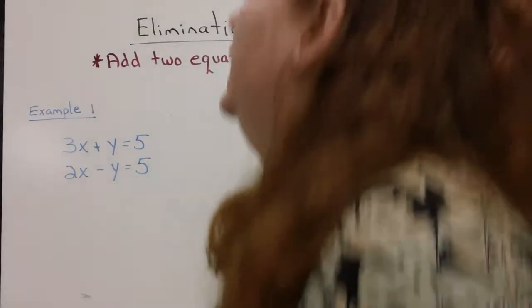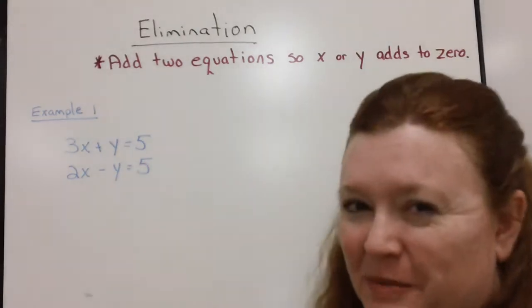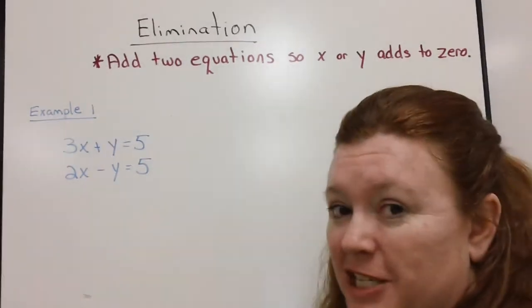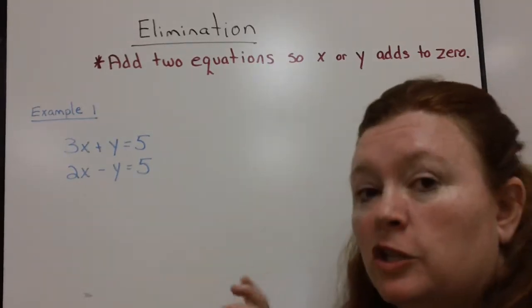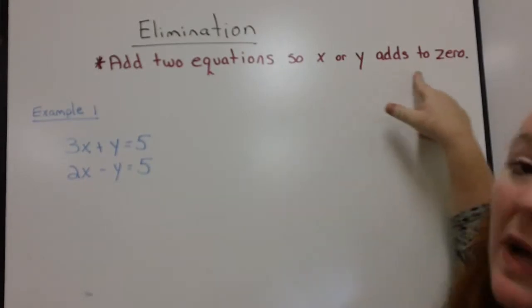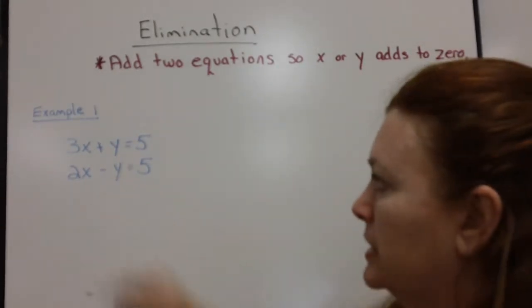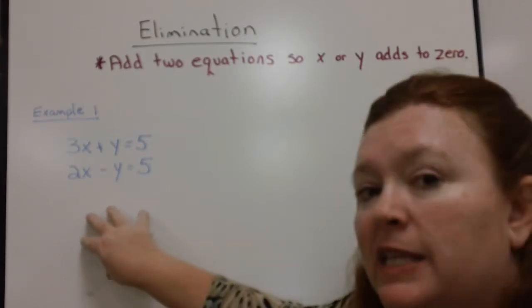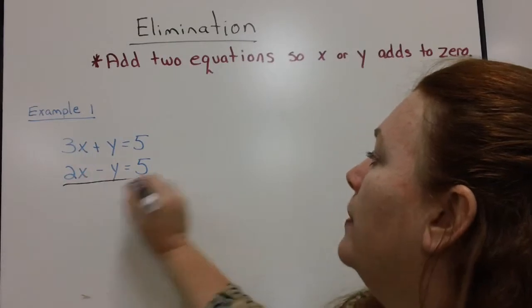All right, to solve a system of equations using elimination is based on adding the two equations together in hopes that x or y will add to 0. Now, let me demonstrate that real quick with this example. If I take these two equations right now and I choose to add them together,